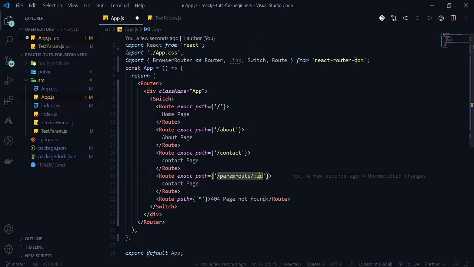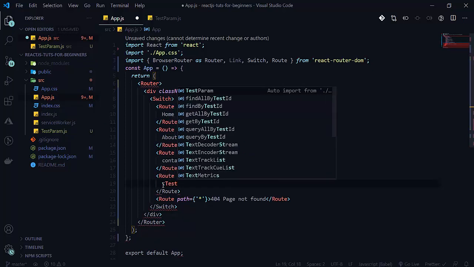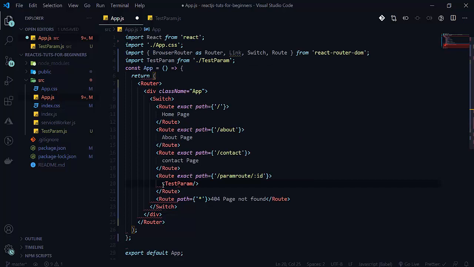You can write id here, you can write name here, you can define any name here. I'm writing id here, or you can write number also. And then I'm calling the function here. Sorry, not a function, our test param component here.